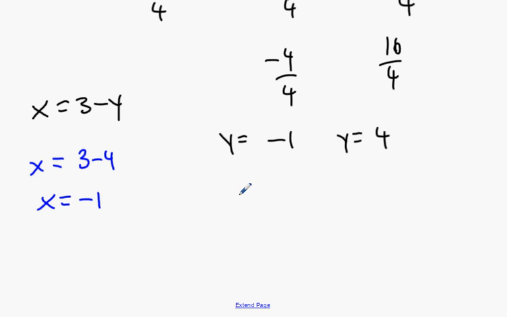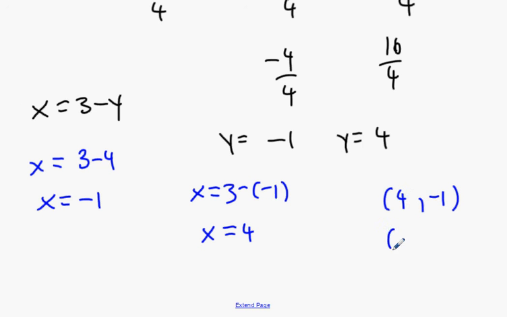And what was the other one? x equals 3 minus y, which is 3 minus minus 1, which is x equals 4. So, when y was minus 1, x equals 4. When x was minus 1, y equals 4. Do you see these two sets of answers? These two sets of answers represent the 2 points where the linear line hit the quadratic curve. Does that make sense? Okay. Now,